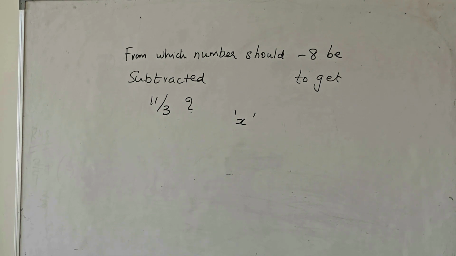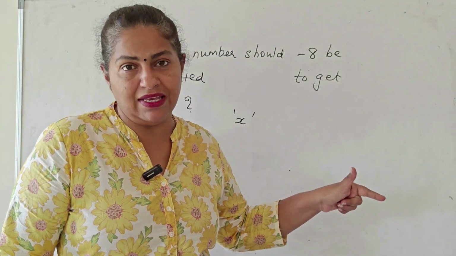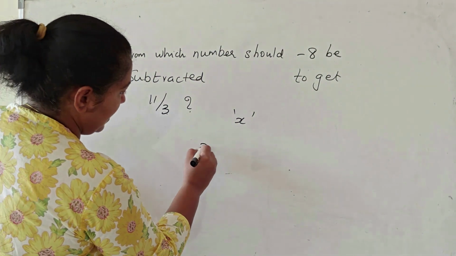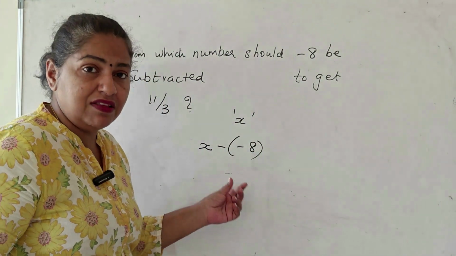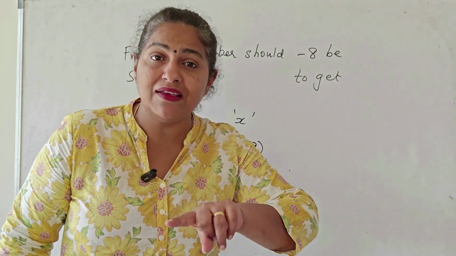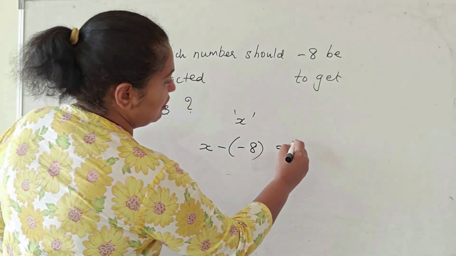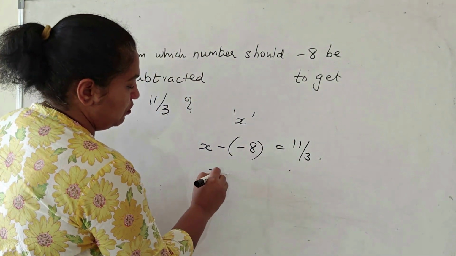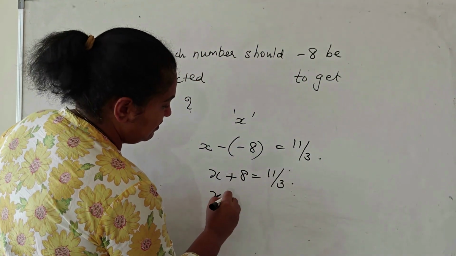The unknown number is taken as x. So now from x we are subtracting minus 8. So x minus minus 8. Be very clear with this step. It is not x minus 8. We are subtracting minus 8 from x. So it is x minus minus 8 is equal to 11 by 3. So minus into minus is a plus. X is equal to